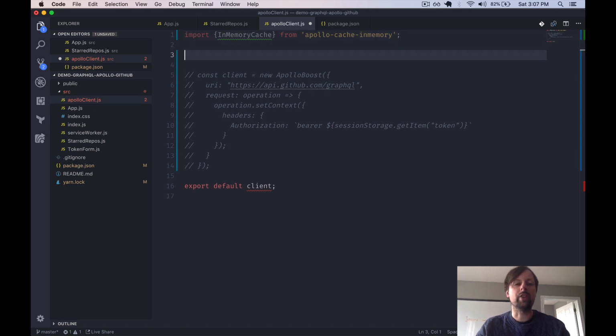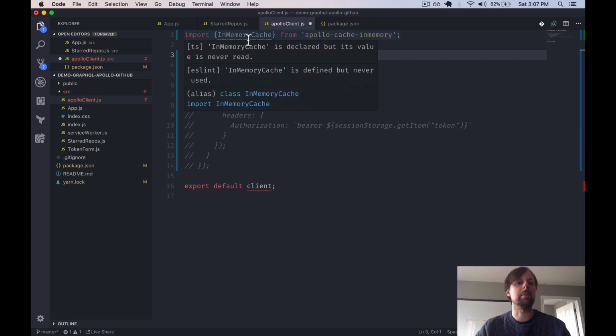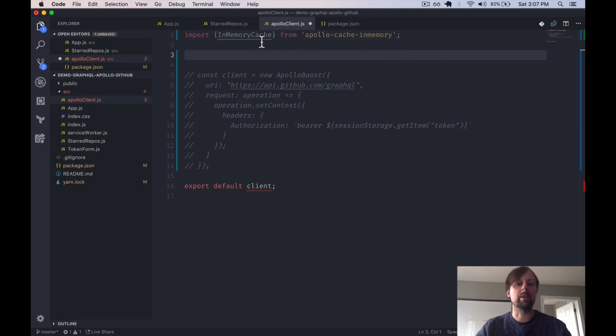And what this does is it basically, when Apollo goes and fetches some data, it stores it in a data store. And that's because if you request the same information that it already has in the data store, it doesn't need to make a new GraphQL API request. It can just pull it from cache instead. So it's pretty useful. And this is the default one that comes with Apollo Boost, and it basically just stores everything in memory. So there's other cache stores you can use. Especially if you're on React Native, I don't think this one even works there,